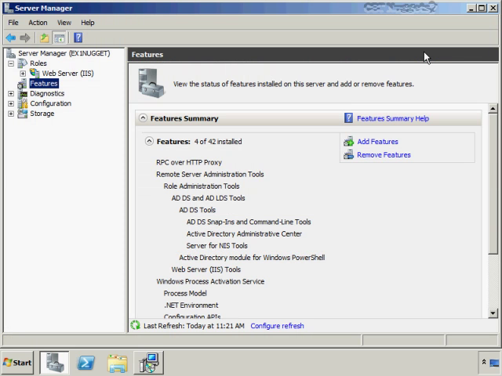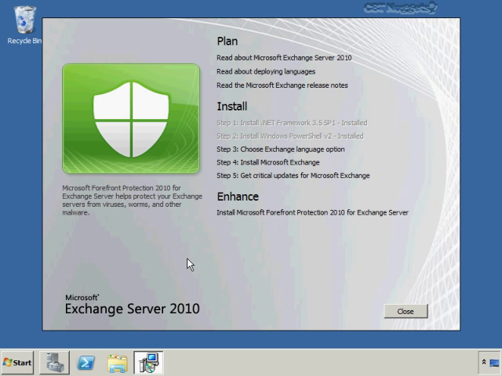And we're back! And we're finally ready to start installing Exchange. You can see here that the right roles and features have been installed. We got the web server role that's been installed, RPC over HTTP proxy, and some of the other pieces that are required just simply to get Exchange up and running. I just wanted to show you this inside of Server Manager to prove that we've installed all the pieces that are necessary. I've also got the Exchange Server 2010 installation splash screen set up here,